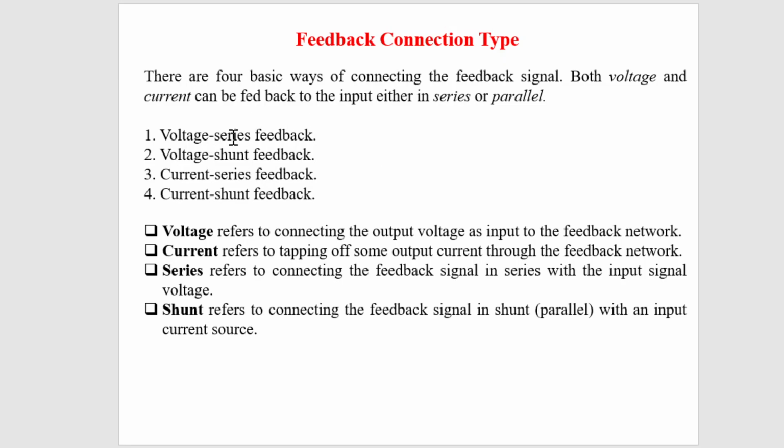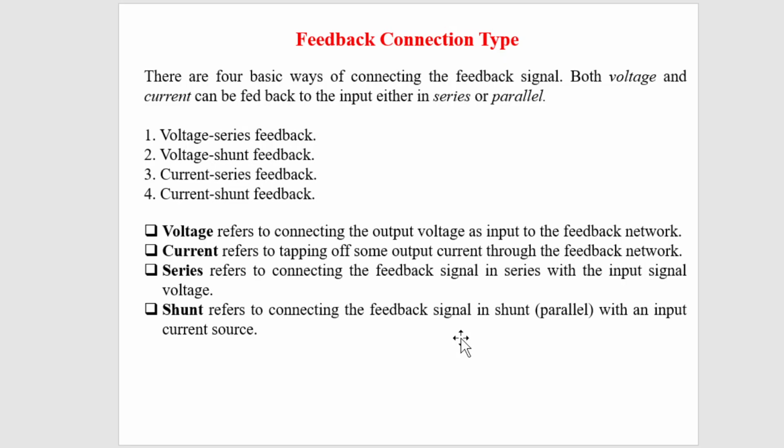That means whatever output signal is there, whether it is voltage or current, will always be fed back to the voltage source, to a signal which is a voltage. That is what series means. And similarly, shunt refers to connecting the feedback signal, whatever output signal you are taking, in parallel with the input which is a current